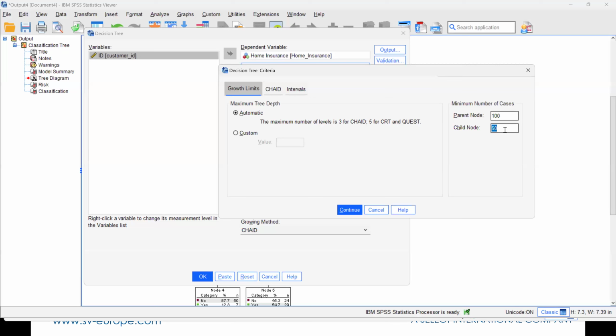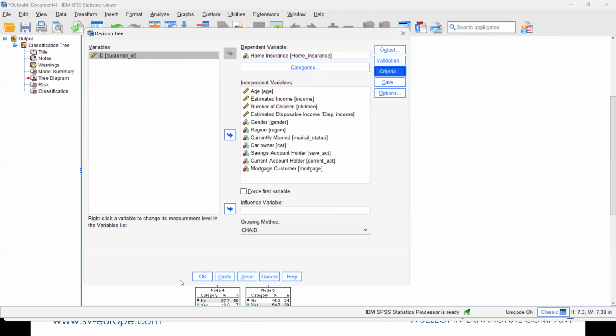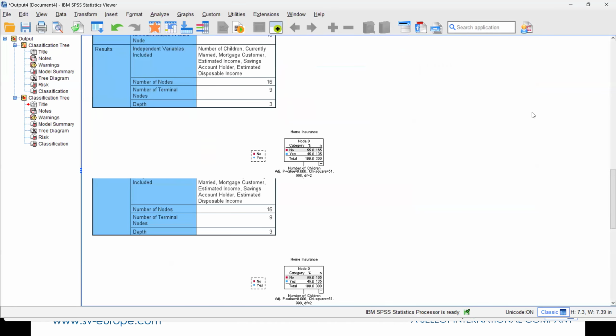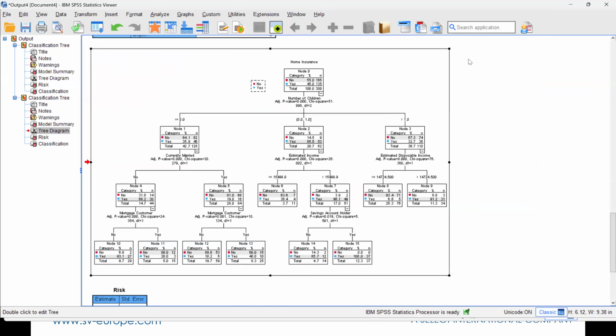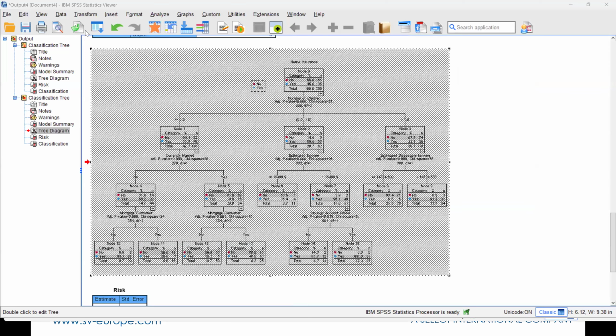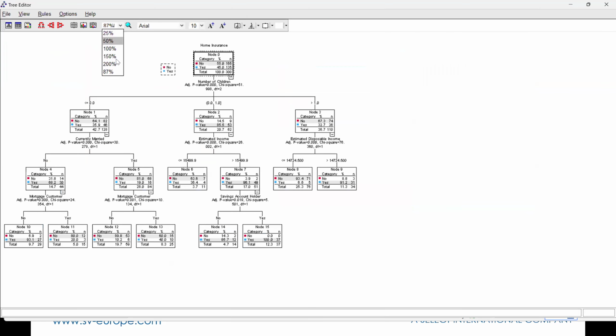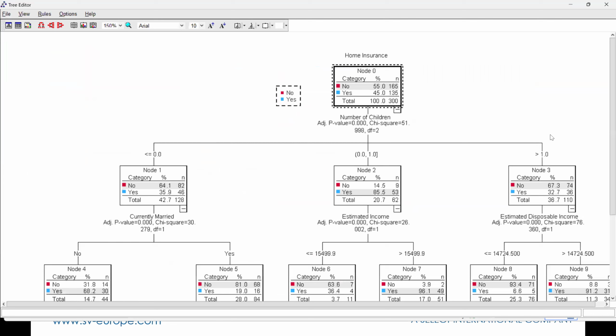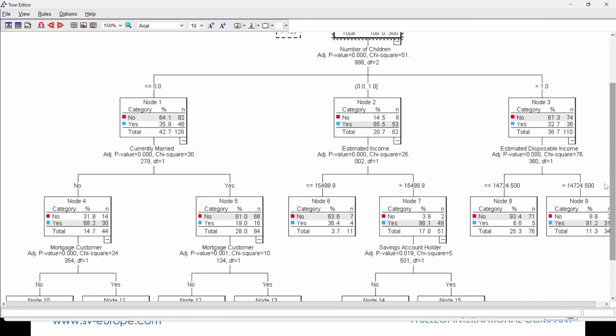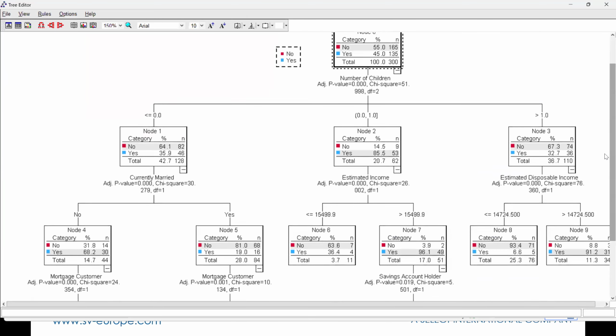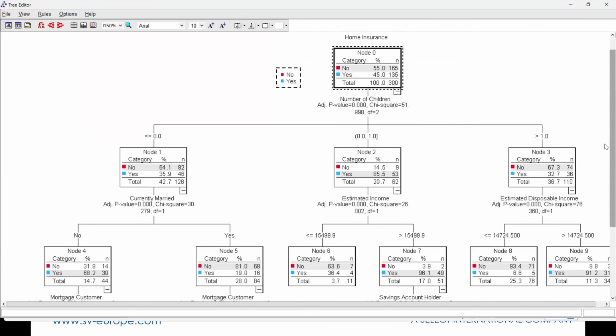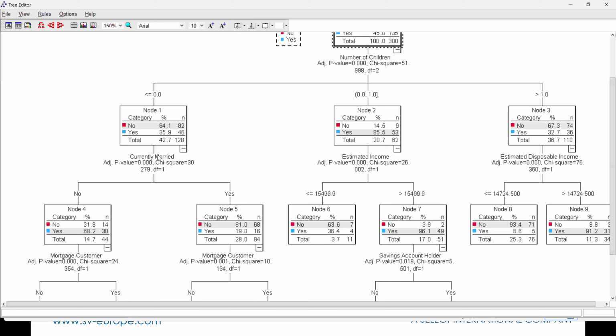it's quite a small sample size. It's quite restrictive. So I might say, look, I'm going to give you a bit more freedom and change that to 20 and 10. If I change that to 20 and 10 and click OK, then as you can see instantly, you're giving the tree more freedom. And now you need to zoom into it. You can see it. Now it's saying, okay, I'm still splitting by number of children, but because I've got more freedom to create smaller group sizes, you can see that for those who have 0 kids,